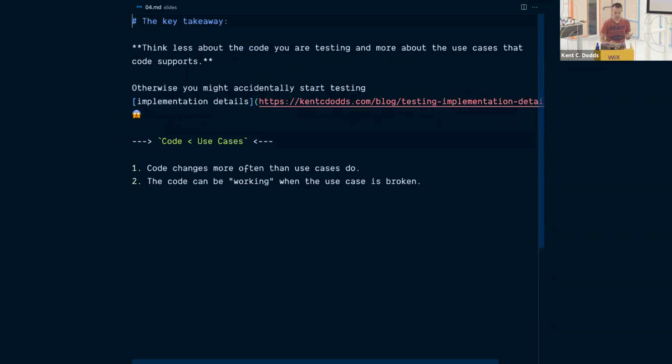I'm going to give you the key takeaway right here at the beginning. If you remember nothing else from this talk, this is what you should remember. Be a nice person. No, just kidding. I mean, do that too, but this is the key takeaway: think less about the code you're testing, more about the use cases the code supports. And that's how you decide what to test. You think about the use cases. And